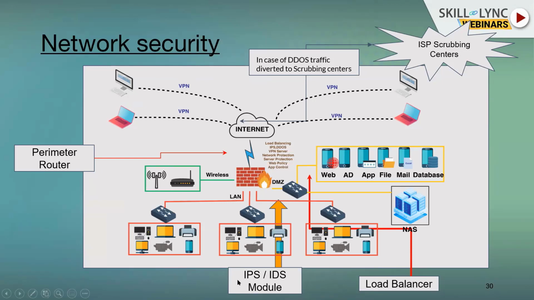Why do they say intrusion prevention or intrusion detection? An intrusion prevention system is one where, if it finds that it's a legitimate attack, it will drop that traffic. If it is a detection system, it would send an alert to the security engineer saying that it has found abnormal or malicious traffic. You have to take some action on that.